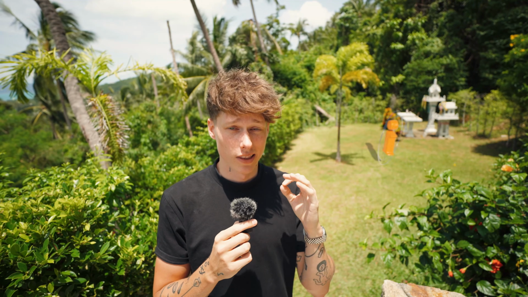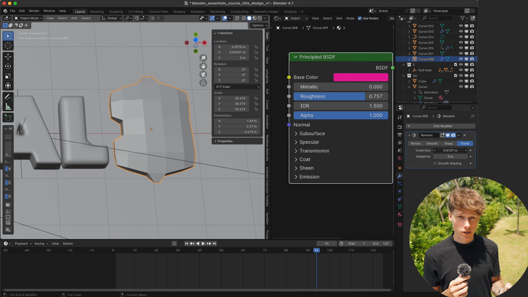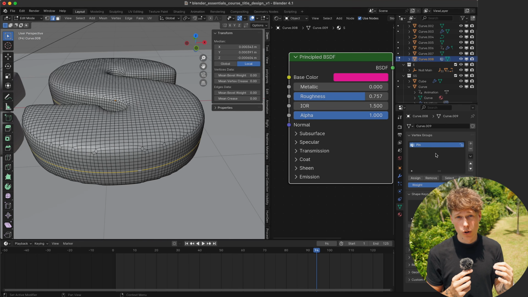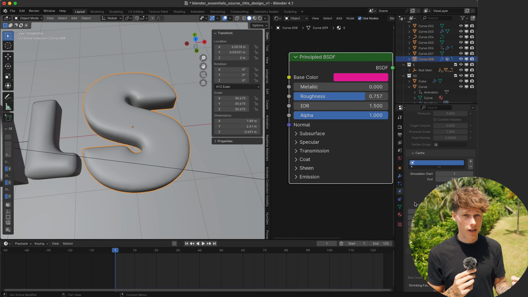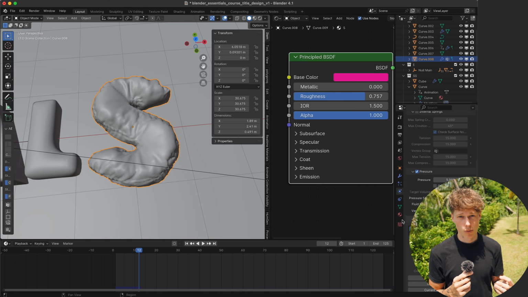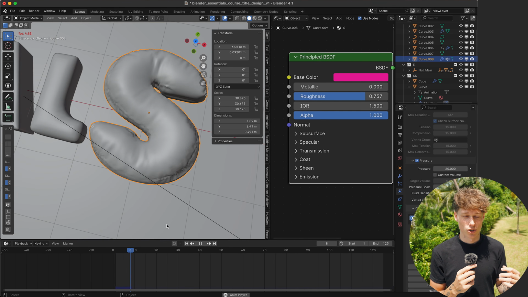I then continued on to the last letter, which was the S. I gave it a rough rubber material, remeshed it, selected the outside edges, gave them a vertex group called pin, gave it a cloth simulation, and chose pin as the pinned vertex group. Then I animated the pressure property. That way the letter was blowing up and contracting over and over again, which gave it a very